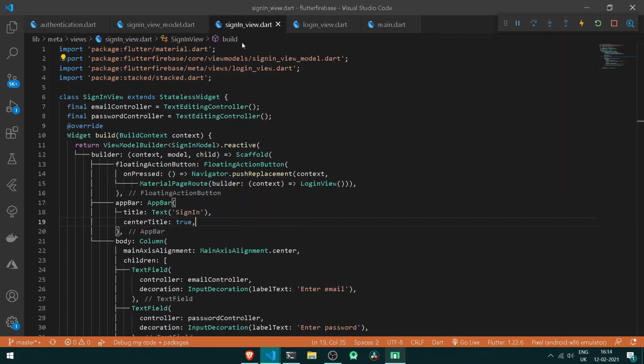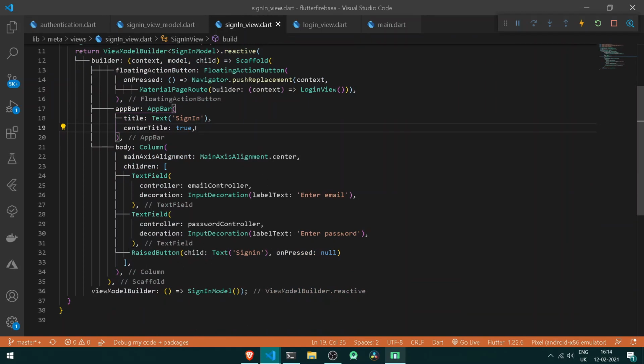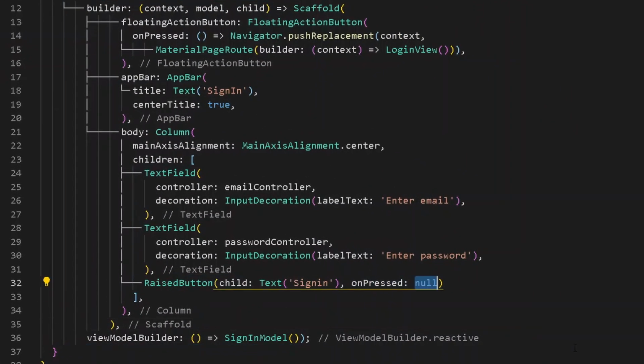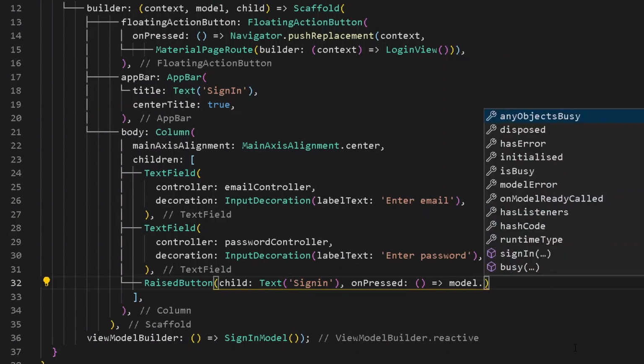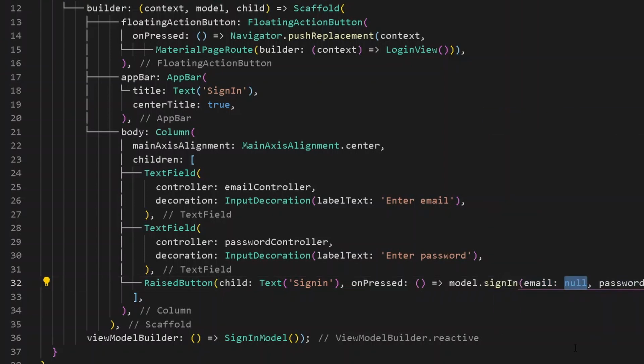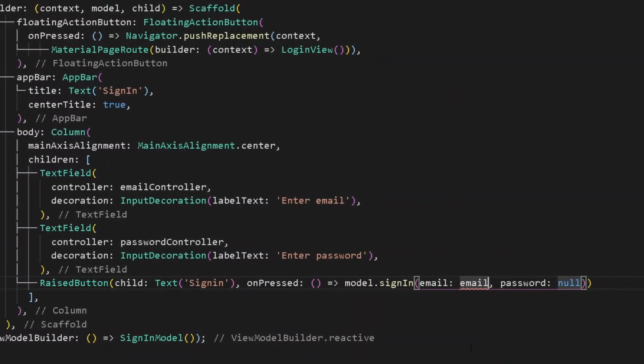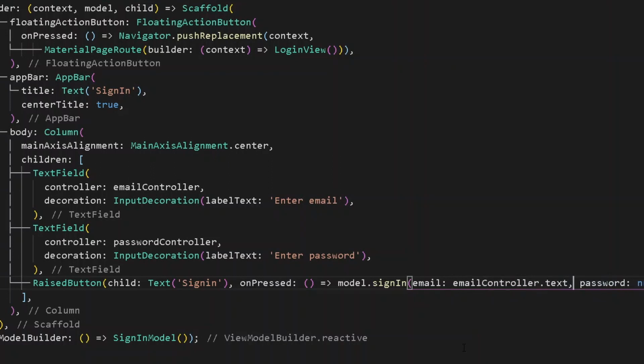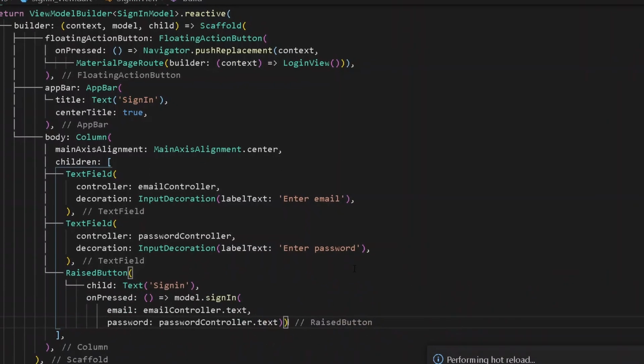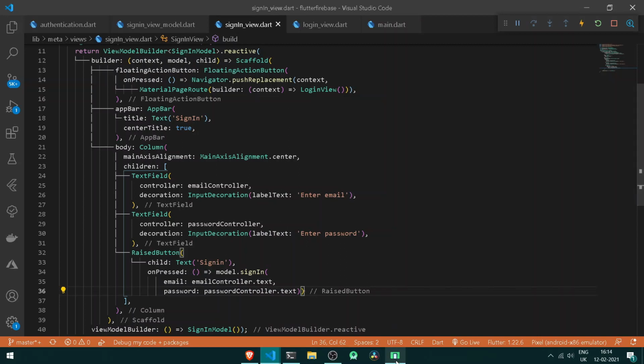response. And under our sign in view, if we come down here, we have our raised button which is null. Under our raised button, we can simply amplify an action over our raised button. I will be simply asserting that the following button action should be equal to model of sign in, and here it will be taking two different parameters, email controller, and also it shall be requiring a password controller. And now let's test it out one more time.